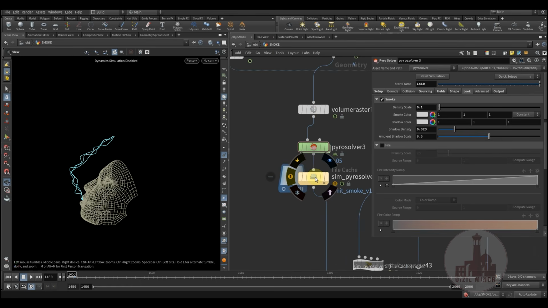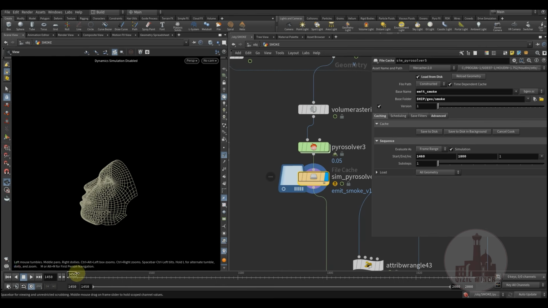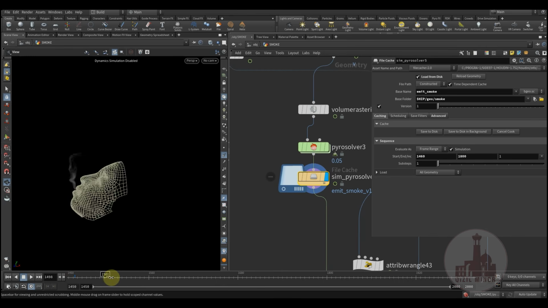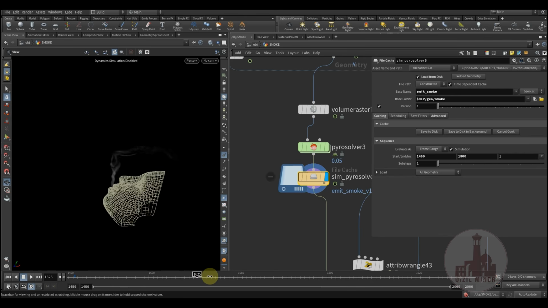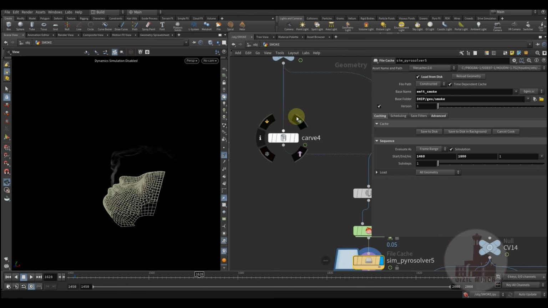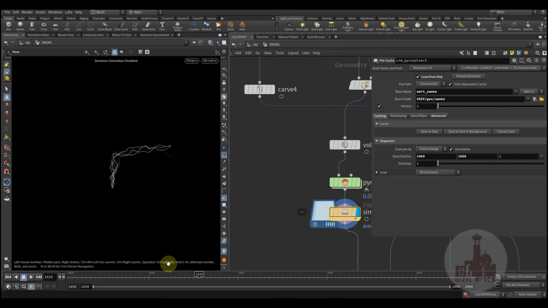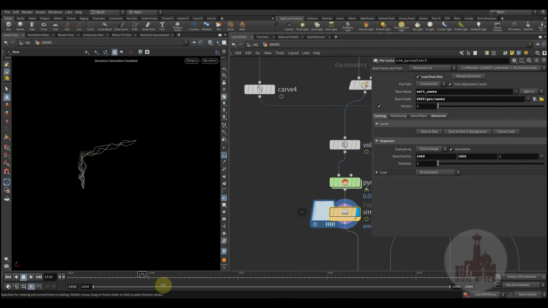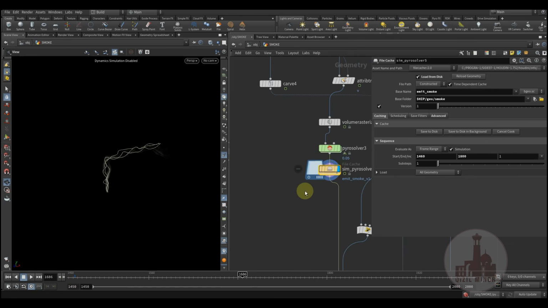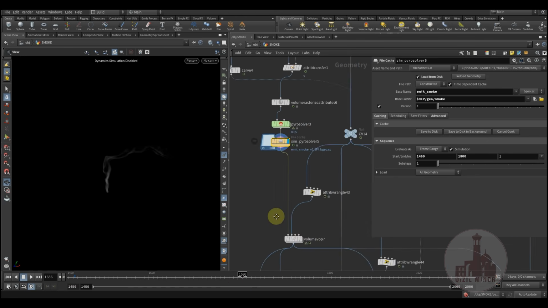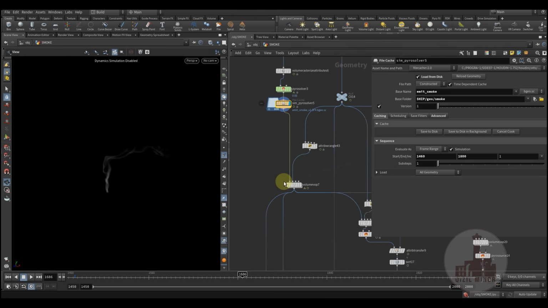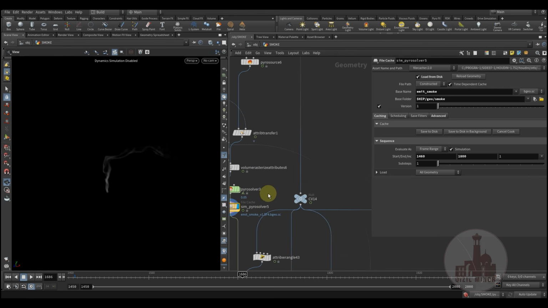Yes, I think this is what I'd like to explain. So here is the smoke, as you see. If I just, you see it has its controlling the flow of the shape. All right, and then what I'm doing here,